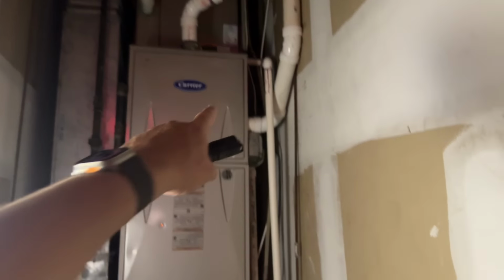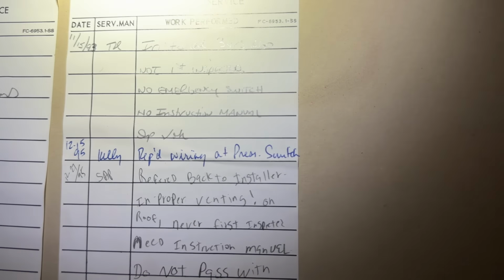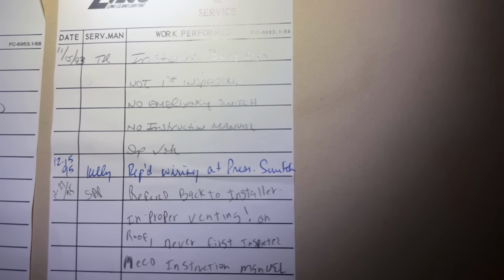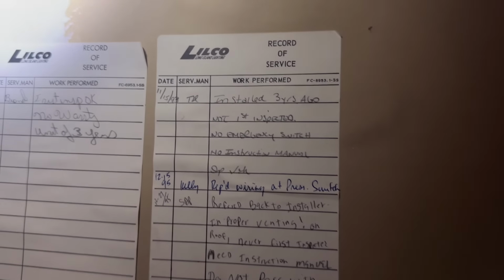So on this furnace, I don't have a switch to turn on power to the furnace, right? And what's interesting here is that on the first inspection, which obviously is the previous furnace, installed 3 years ago, not first inspected, no emergency switch, no instruction manual, and that's what we saw here in